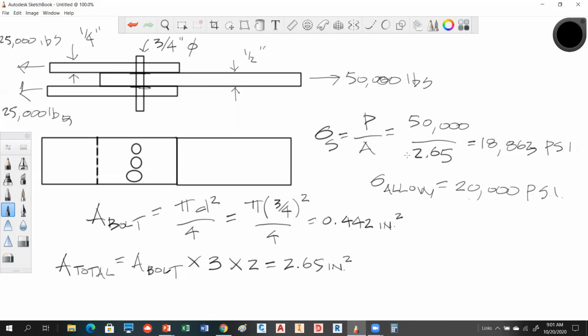Another way to do that is all you have to do is increase the area, right? If we increase the area, you decrease the stress. Do you see that? So one way of increasing the area would be to step up the diameter on that bolt, right? And that would drop it so that we would be less than the allowable. So this is the kind of thing that designers get into all the time. And when we get into these problems in the book, there's going to be a little bit of that going on. Okay. So let's